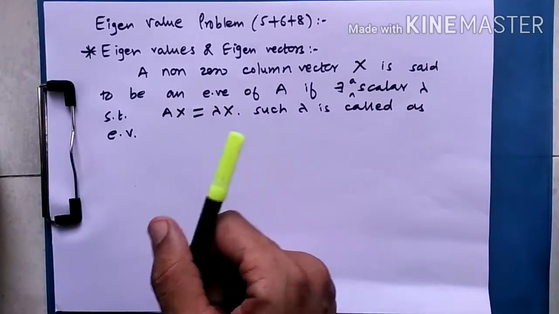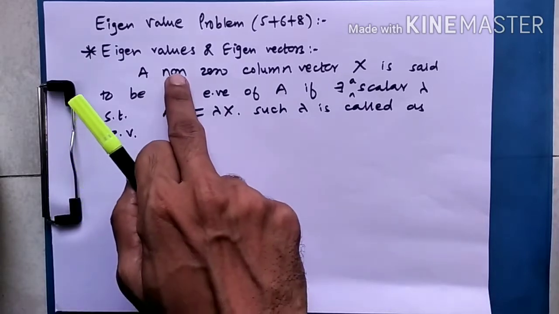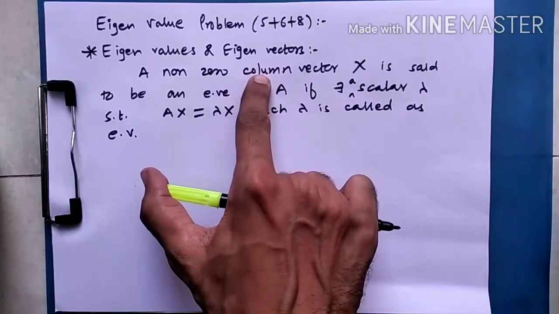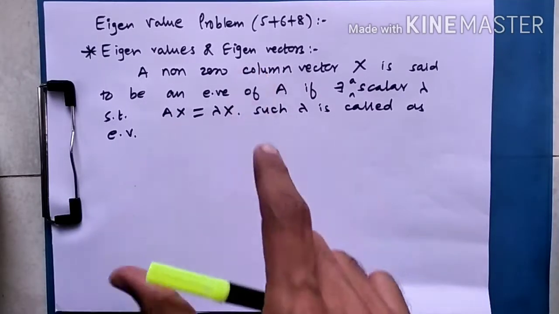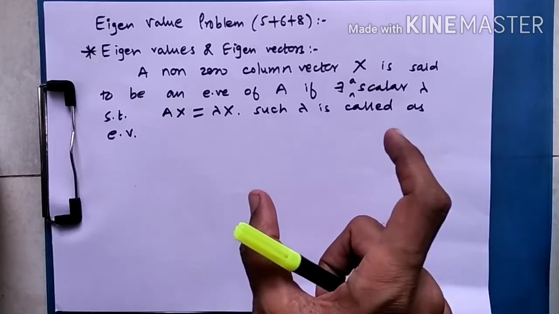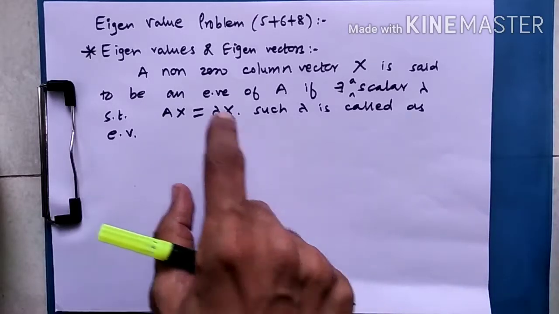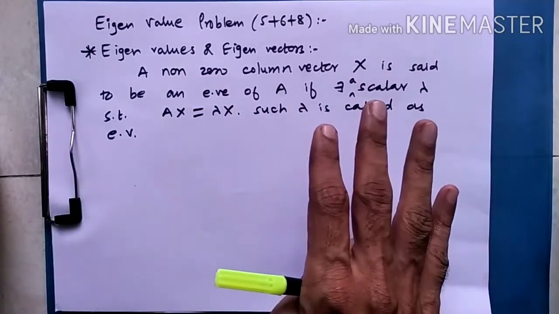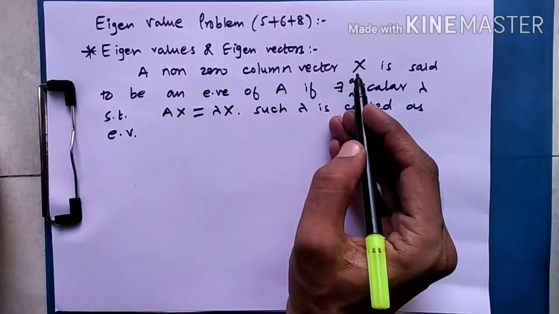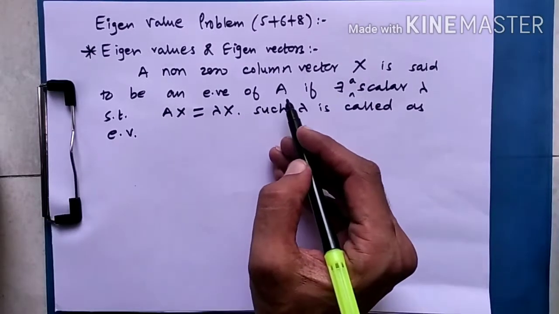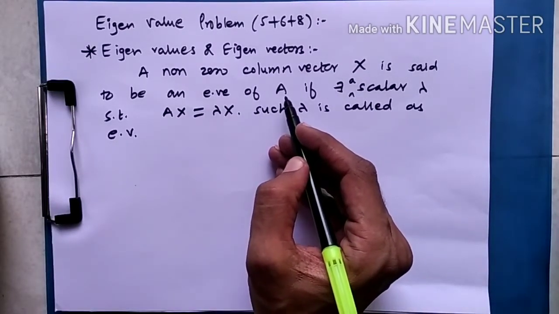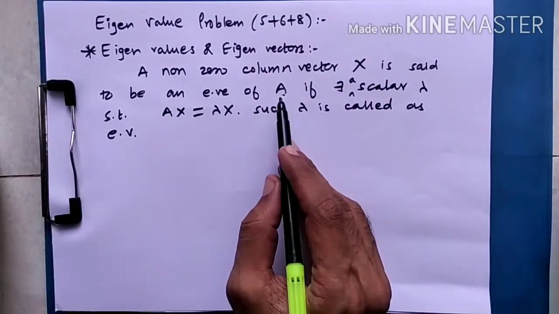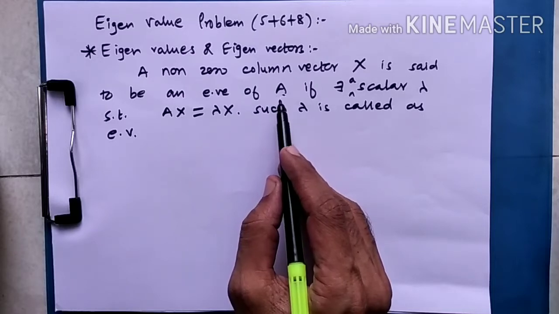So let us try to understand the definition, what we are having here. A non-zero column vector X. So any matrix with only one column is called as column vector. And similarly, a matrix having only one row is called as row vector. We should have a non-zero column vector here, means all elements should not be zero. So such X will be called as an eigenvector of a square matrix A. Please note, in this chapter we are dealing with only square matrices. So whether we mention it or not, matrix will always be a square matrix.